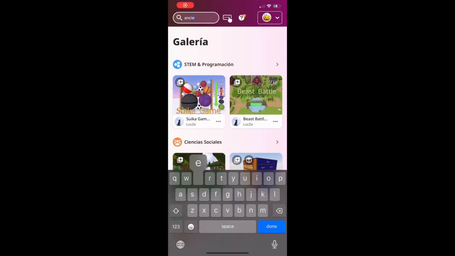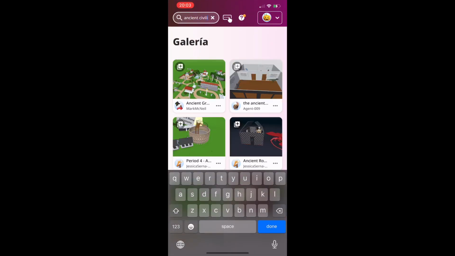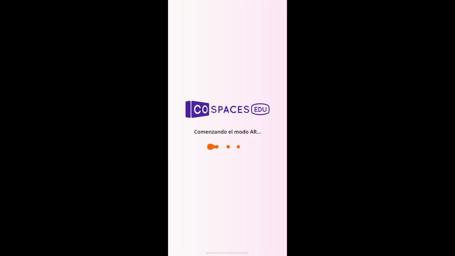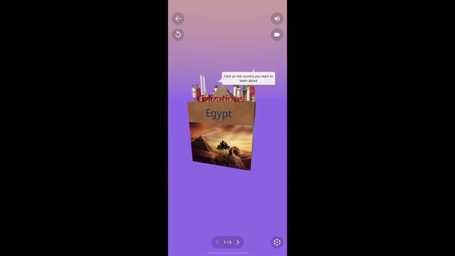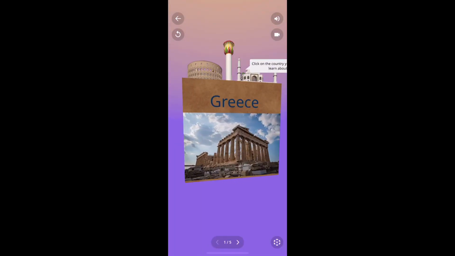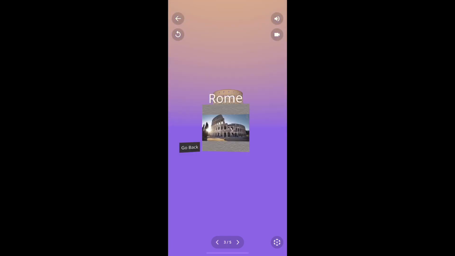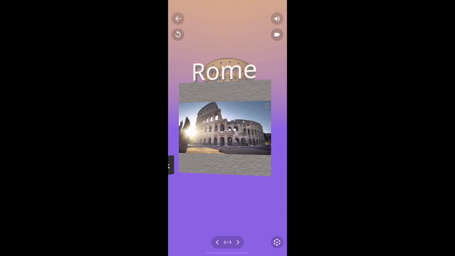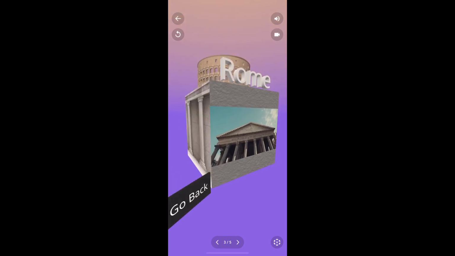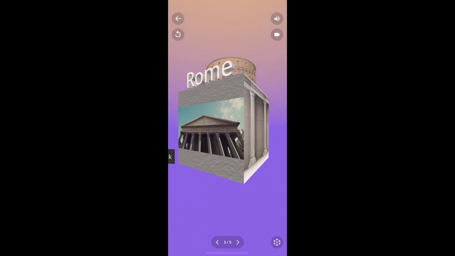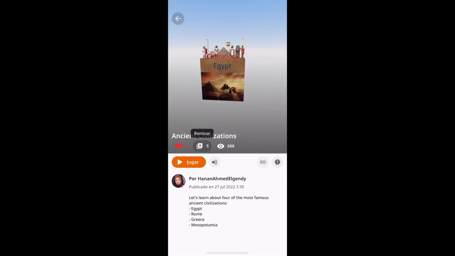Now for this task, students will have to access the app, search for ancient civilizations and click on the first result. This will take them to this page, and after clicking on the bottom right button, they will appear here, where they can move and see 4 civilizations. When you click on each of them, a video explanation will appear. The task will consist of visualizing the 4 videos, firstly the one about Mesopotamia, and then Egypt, Greece, and finally Rome, and discussing what they have seen with their teammates and finally with the teacher.